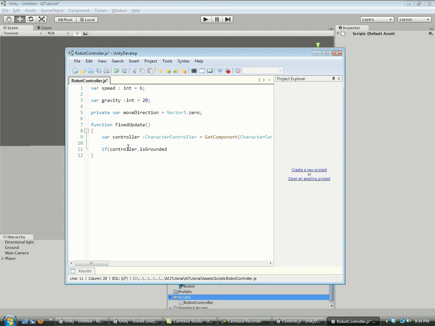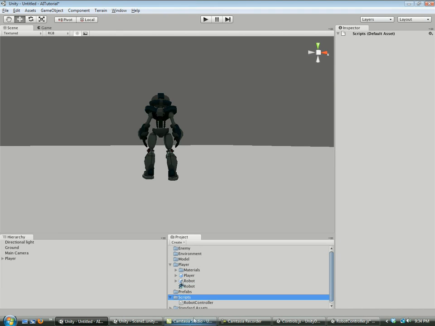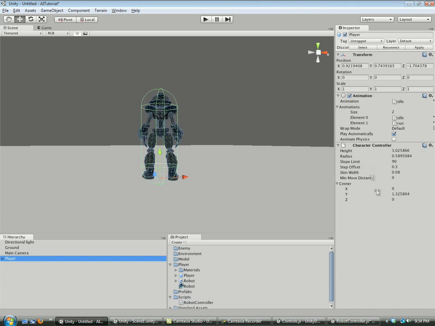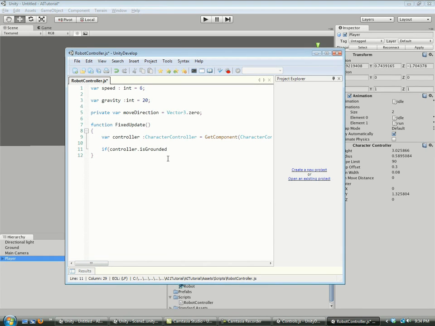So if controller dot isGrounded, so if our character controller is registered as grounded, if it's touching the ground, then move direction